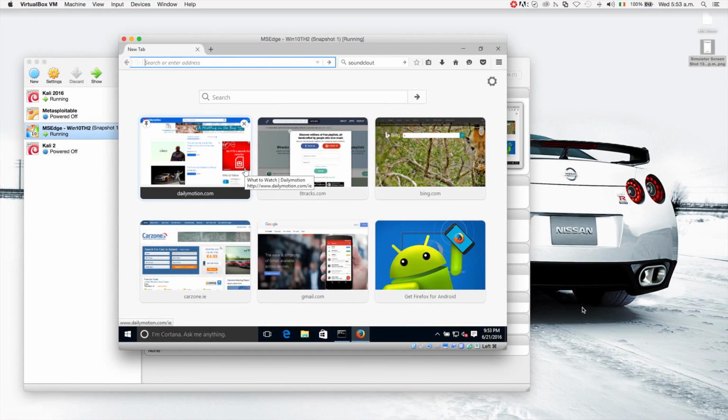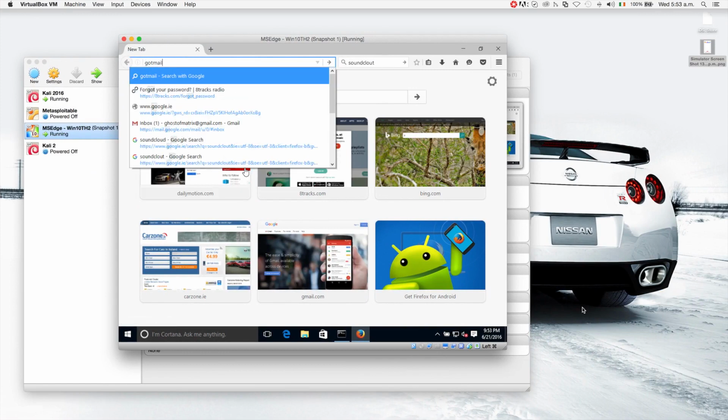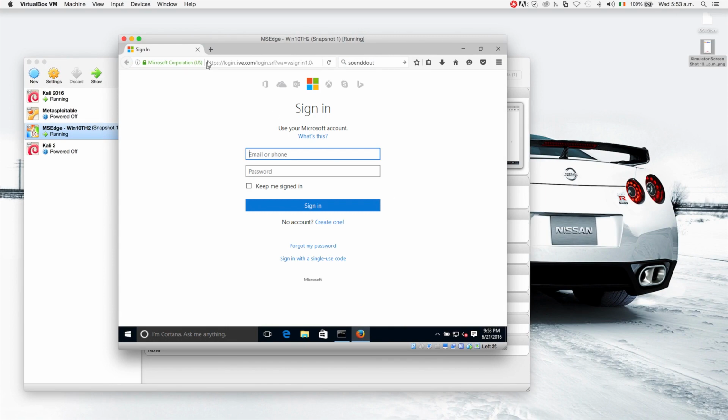So I'm going to go to my browser on the target and I'm going to try to go to hotmail.com. Now, as you can see here on the top, you'll see that the website uses HTTPS. So if I try to become the man in the middle now, this website will display a warning. So to bypass this, we're going to use a tool called SSL strip to downgrade any request to the HTTPS website and get it redirected to the HTTP version of this website. Once we go to the HTTP version, then sniffing the data will be trivial, exactly like happened in the